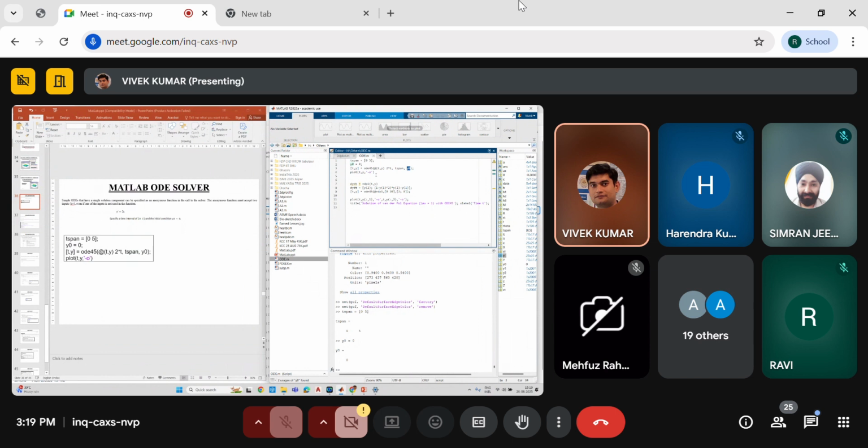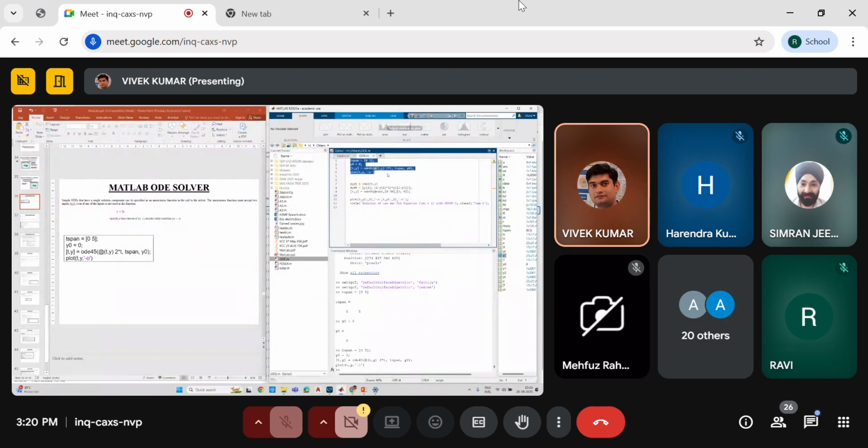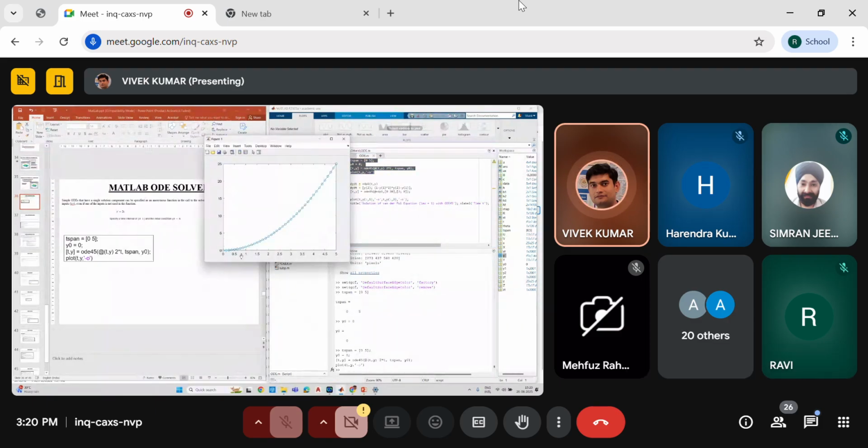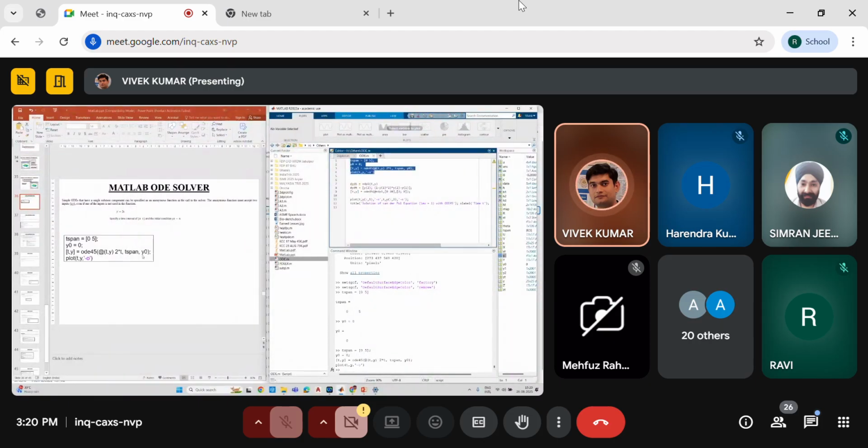Once you put in this command, it will solve and give you the expression for y, which you would otherwise get by performing the integration. When I run this program, it will solve it, and you will get y is equal to t squared. Y is a function of t. With an O marker I have plotted it. There are different types of ODE solvers available: ODE113, ODE45, ODE23. That will depend upon your